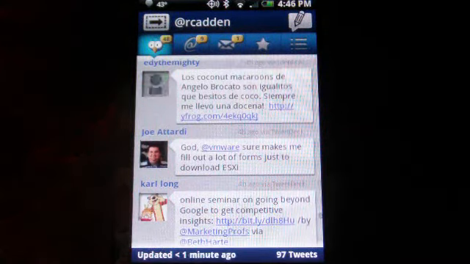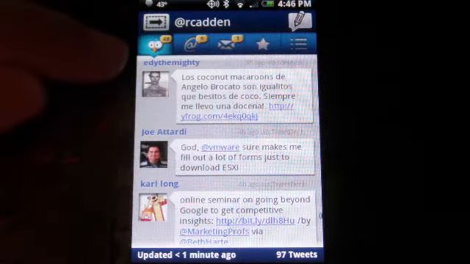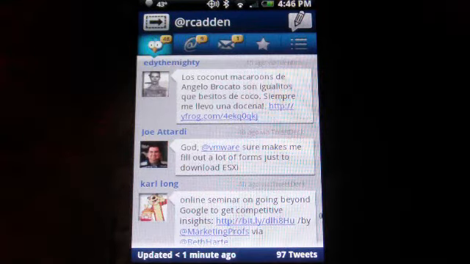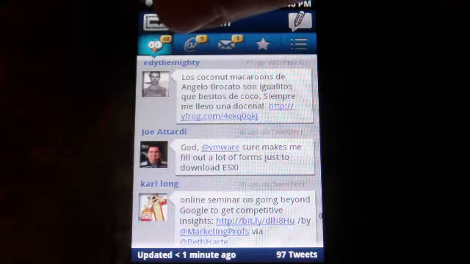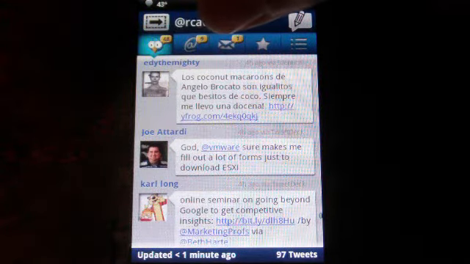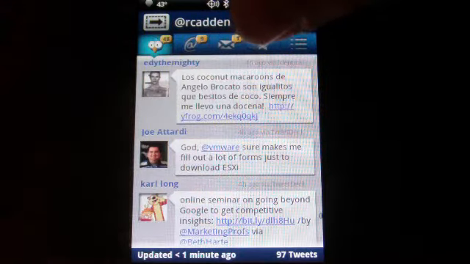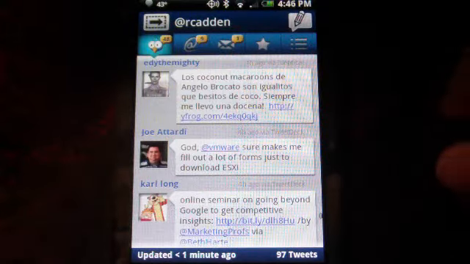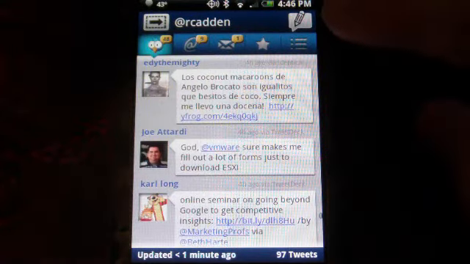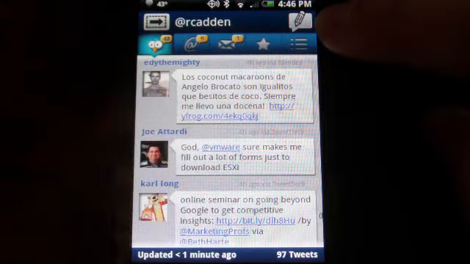So here's the main screen. It's pretty simple. You've got your timeline here, obviously, and you've got a series of buttons across the top. This is your main timeline. These are your mentions here. These are your direct messages, and then these are any starred or favorited tweets, and then these are just additional options. So one thing I do like versus Seismic is that I can press one button and compose a new